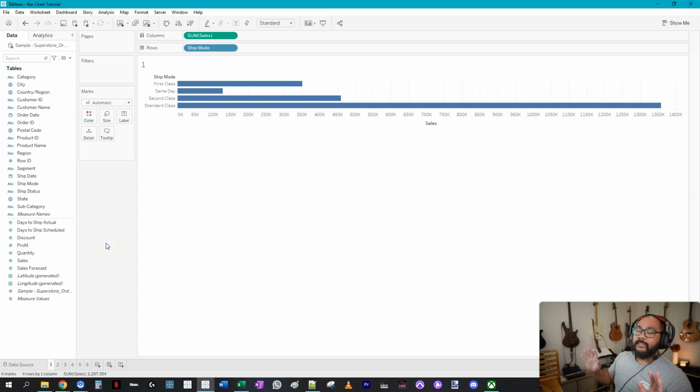So, 30 seconds on why bar charts are so important. 80 to 90% of the stuff you're going to be building as a professional analyst is going to be bar charts, or some variation of that. The reason is that people are very used to bar charts, even people who are not in the data space. They know what a bar chart is. It's really easy for the human brain to compare